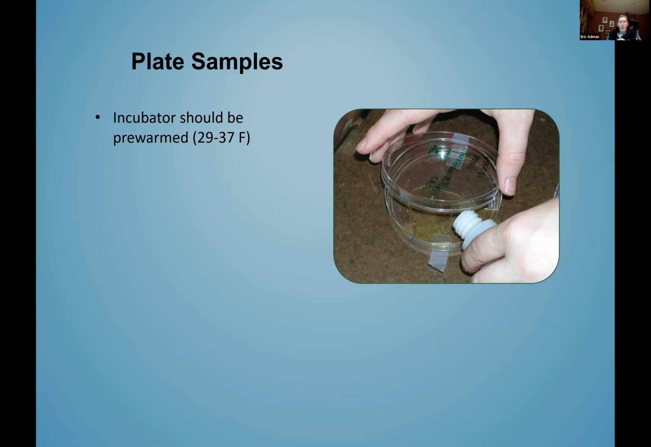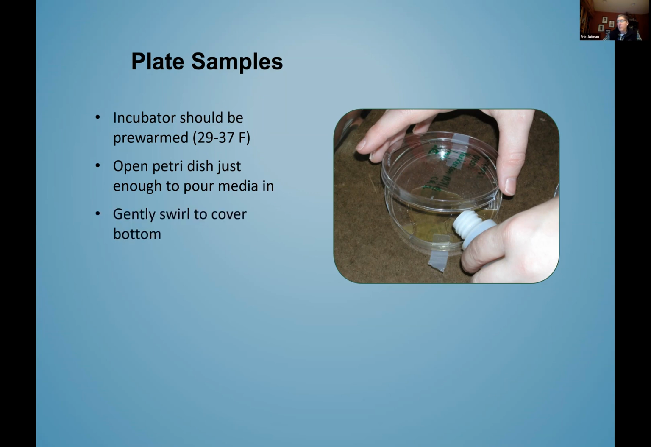We'd be freezing our media if we put it at 29 Fahrenheit. So that's Celsius, which is basically 37 Celsius is essentially body temperature. Then we're going to open the Petri dish just enough to pour the media in. You'll swirl it around just gently to cover the bottom. And because there's a sort of a calcium something coating on the bottom, you want to,